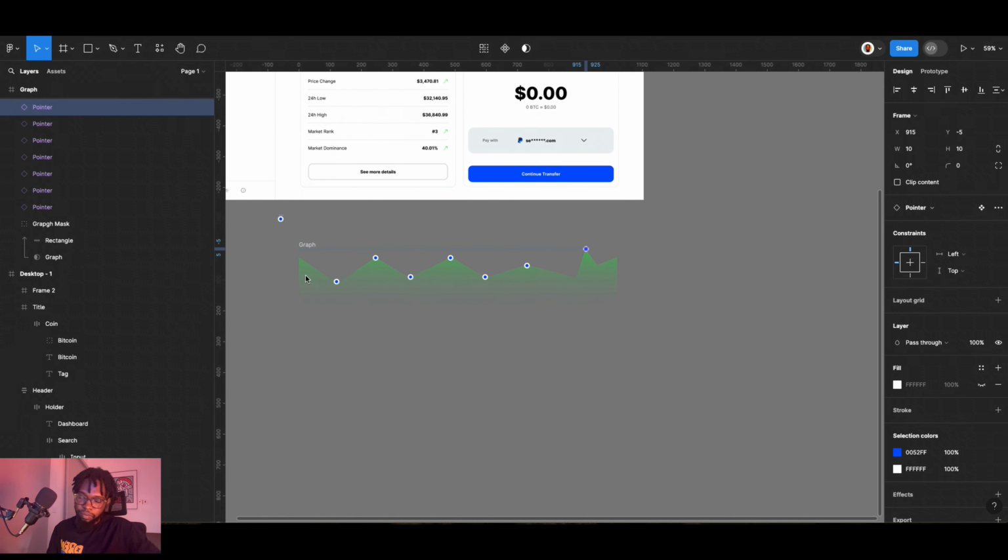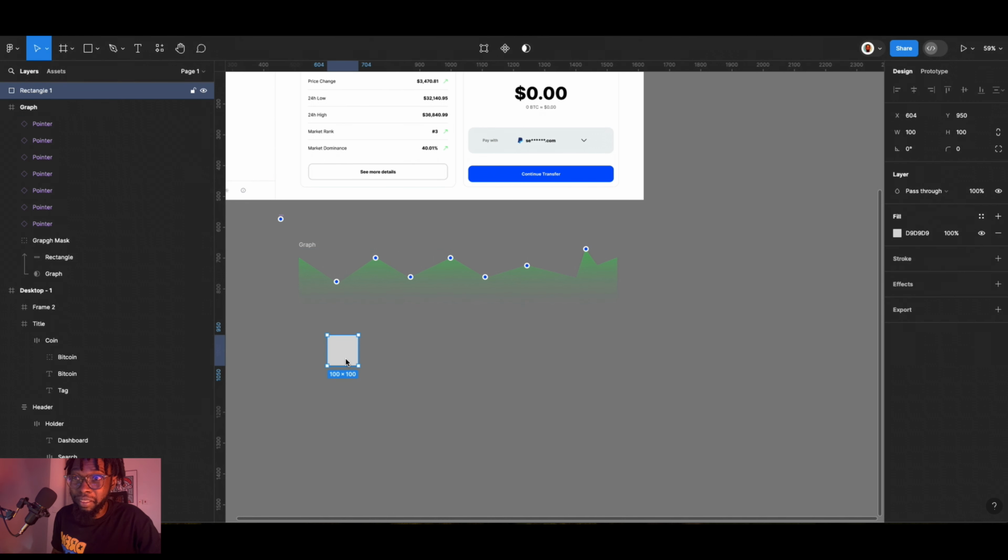So another thing we need for this graph is a tooltip, right? A tooltip is basically something that will give us information, right? It's a card that gives us information. So to create a tooltip, you have to first draw a rectangle. I draw a rectangle, pressing R on my keyboard, and then I resize my rectangle to something like this,